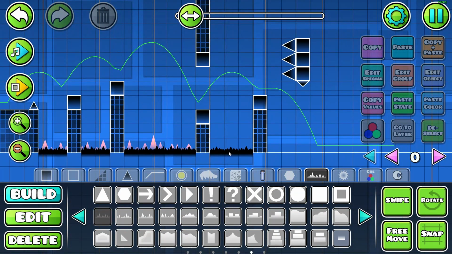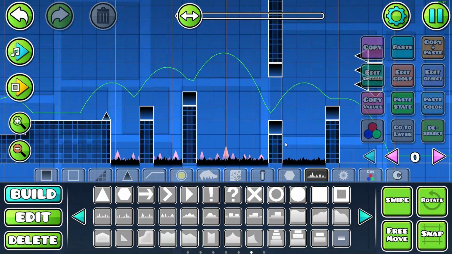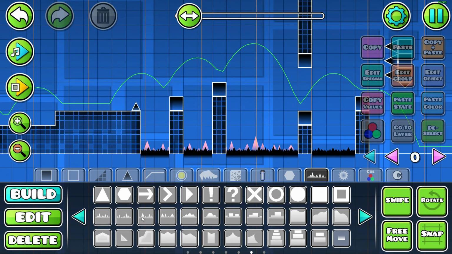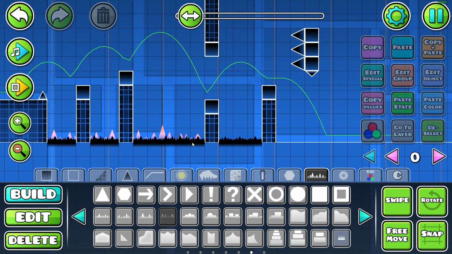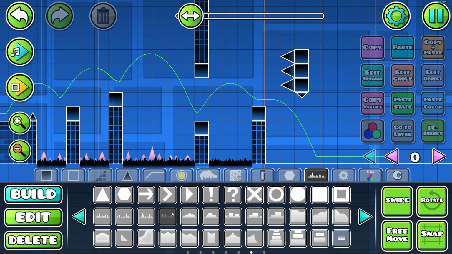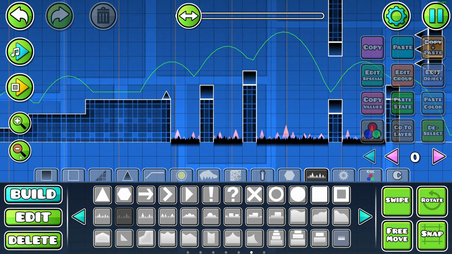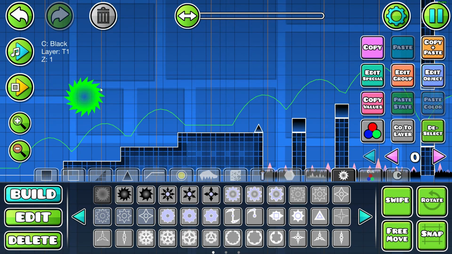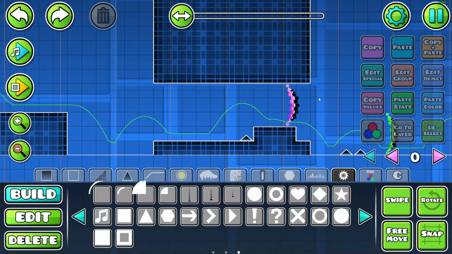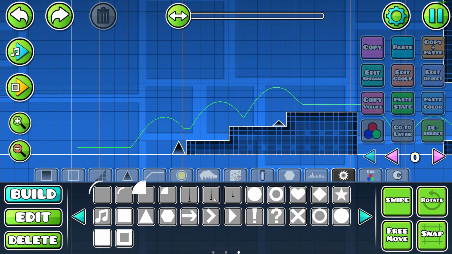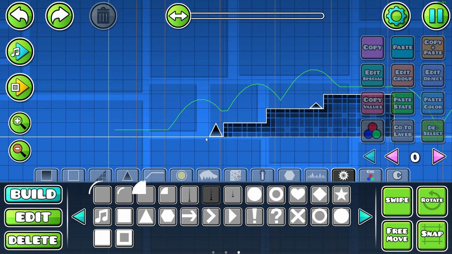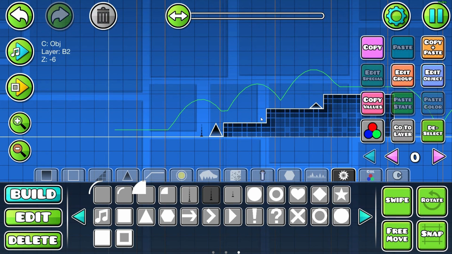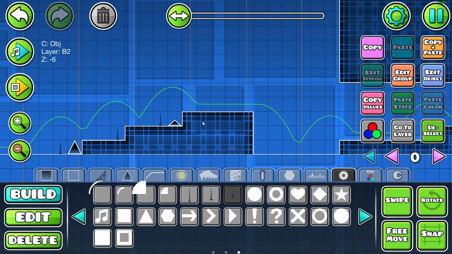I suggest for groups of 3, use either this one or this one. For groups of 2, I suggest using this one. And for groups of 1, I suggest using this one right here. Now, if you want, you can add a few saws, but I'm not going to add that in my level. Now to add these things, you could either place this one right here. I would place the middle one by the spike and do it for all of this, and the small one